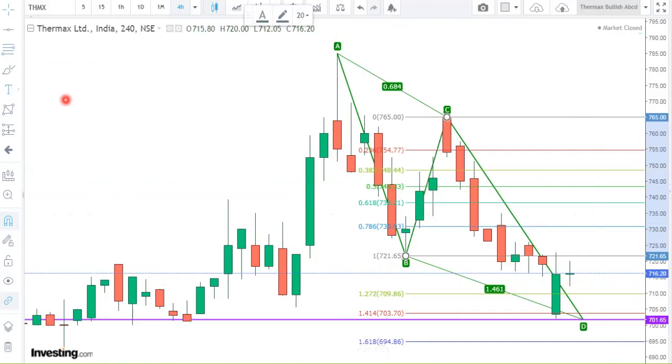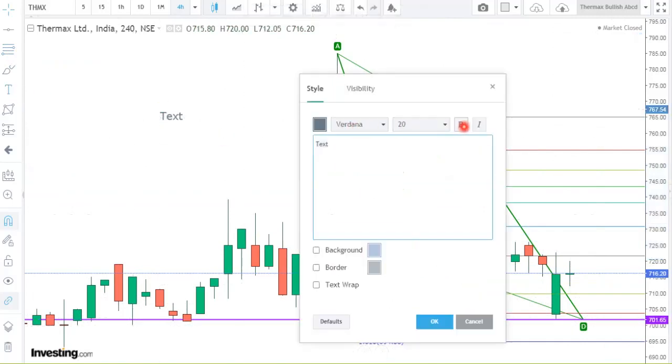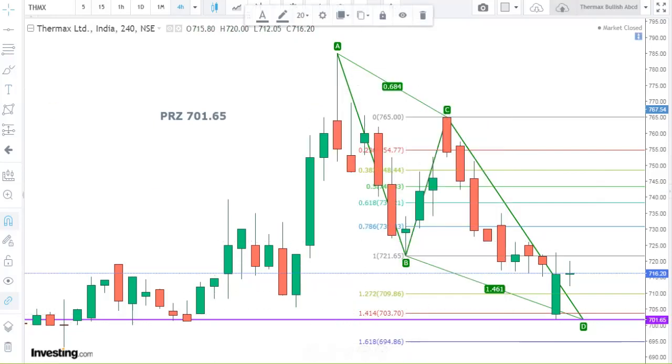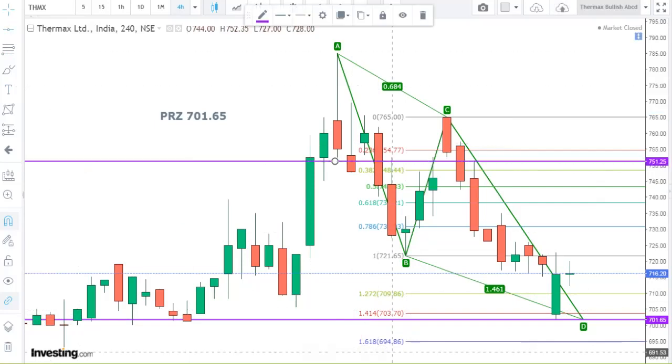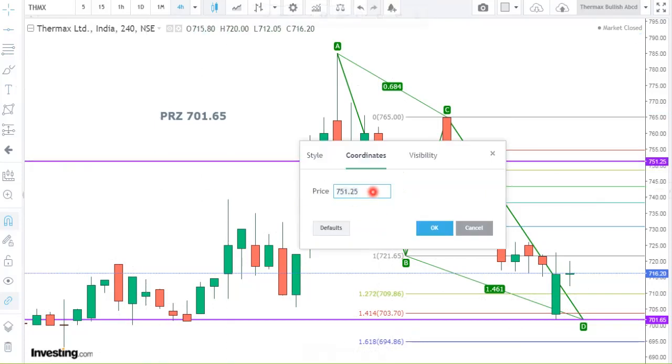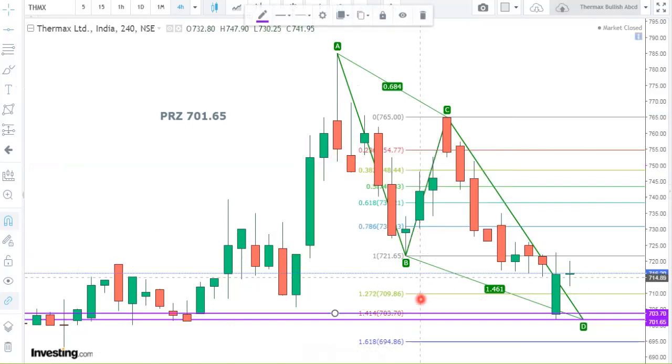The first PRZ, I'll just note it down here, 701.65. The second PRZ, we will put the horizontal line there. It is 703.70. We will change the value of this line and click OK.